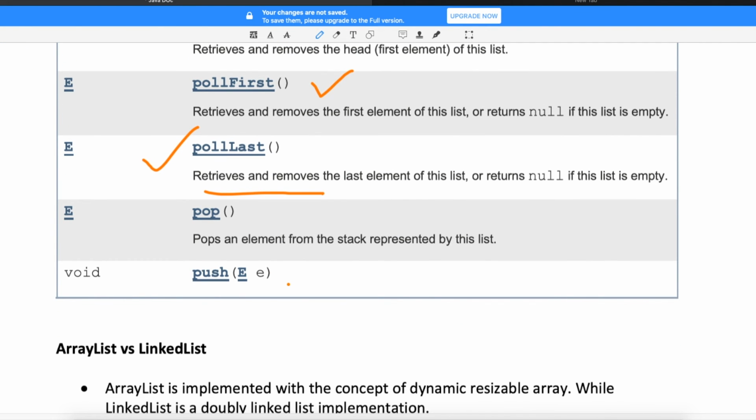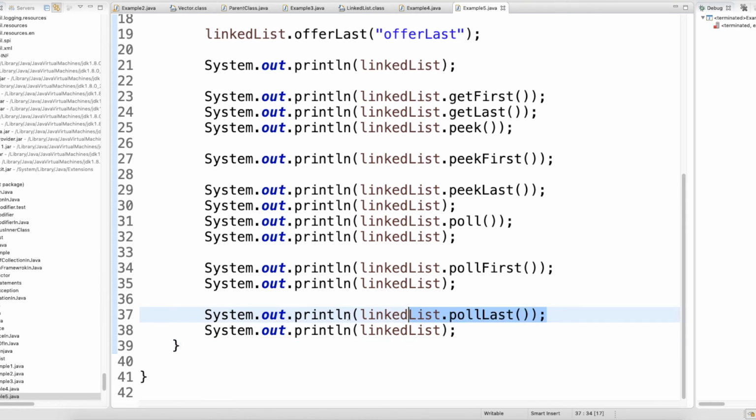Then we have something called pop and push. Very important point, pop and push. Pop means pop the element from the stack represented by the list, and push means it will add the data to the stack. So how this works is, the pop and push method, basically when you perform